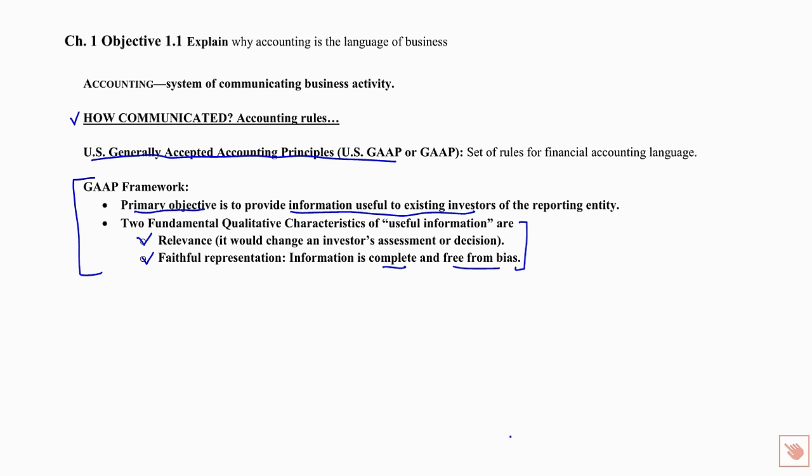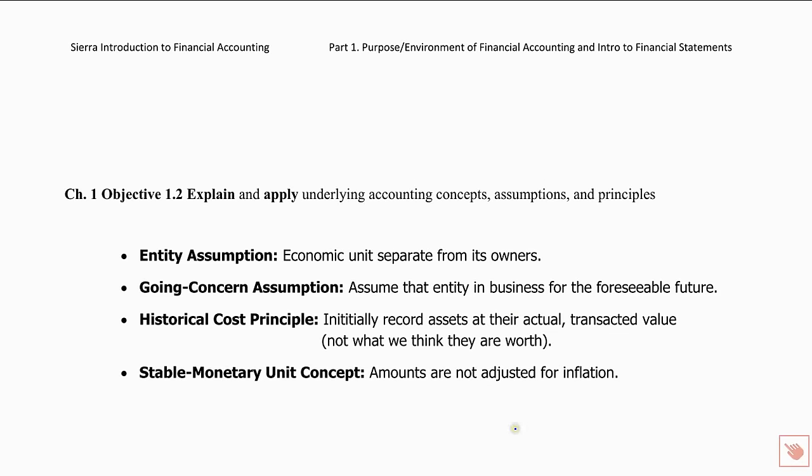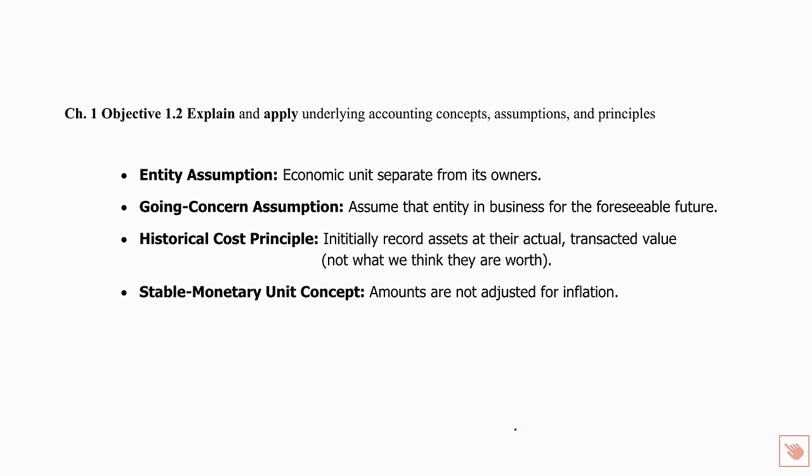So there is this underlying framework, and then here are some other principles that underlie it. All of this is just to give you a flavor that there's a logical foundation to how we're going to proceed creating accounting rules. The first thing here is the entity assumption, an economic unit separate from its owner. If you start your lawn mowing business, you account for the lawnmowers and maybe loans for those lawnmowers separate from your own personal money and resources and debts.